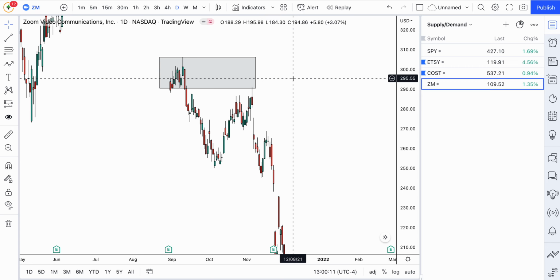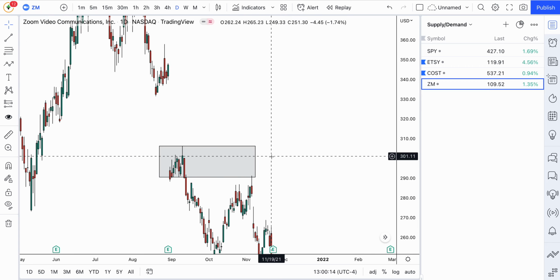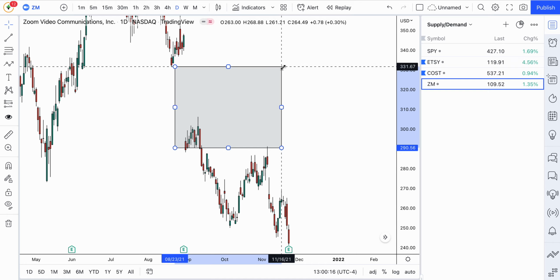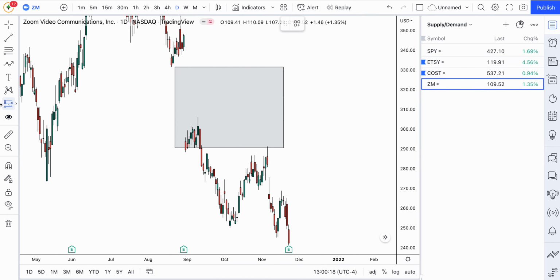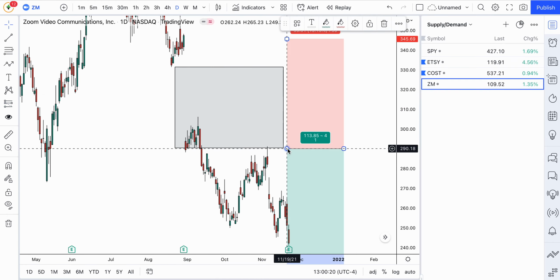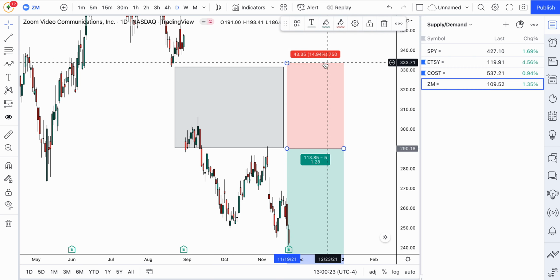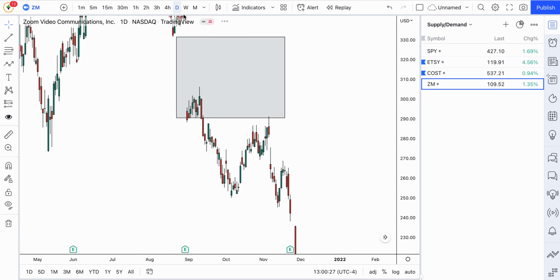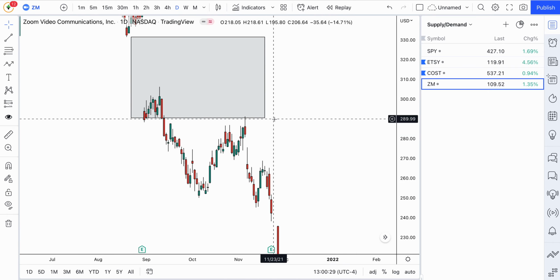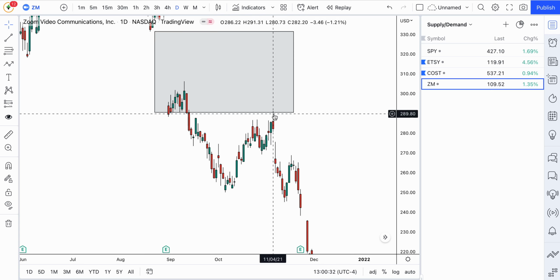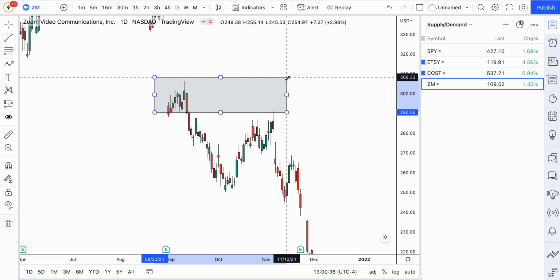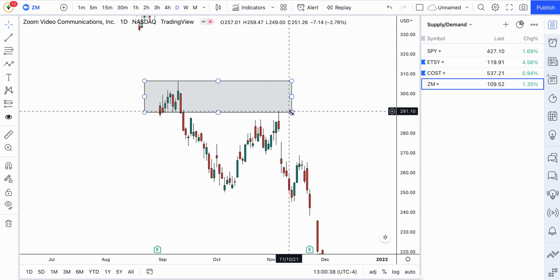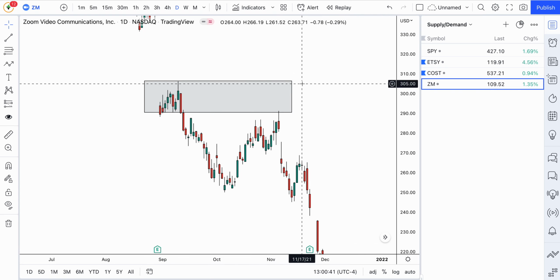One other thing that you could do: sometimes these demand zones get pretty big, so maybe we'll just say a zone was this big, and you don't want to be risking 43 points, right? You don't want to be risking that much. Something you could do is wait for the reaction and then move your stop above where the demand or supply zone hit. So in this example, this is our zone. Instead of getting in at 290 with a short and putting the stop above 307,